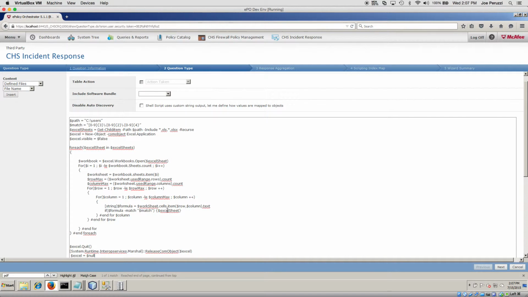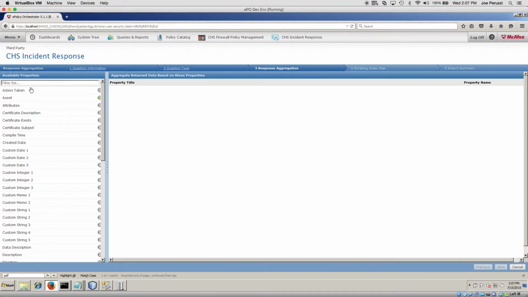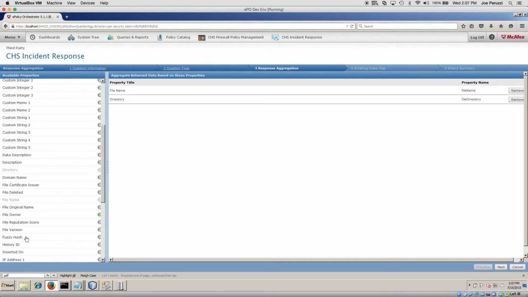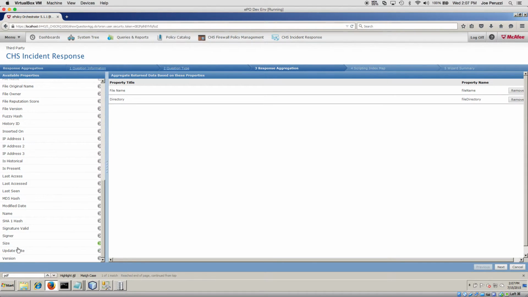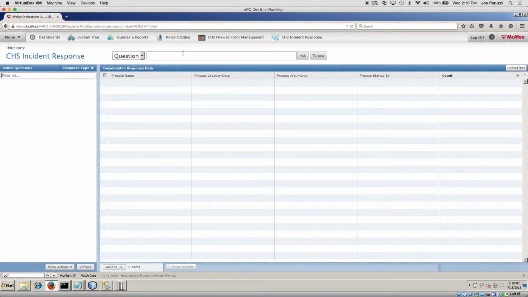Again, when we're finished, we want to export that file instead of exporting the metadata of the document itself. Same thing here. Actually, I want the file, directory, and the SHA-1 hash of those files that come back, and we'll click Finish. So now that we have our questions created, we can go ahead and ask the enterprise